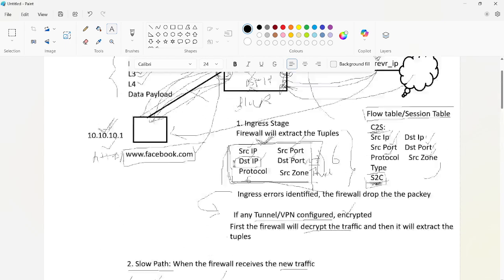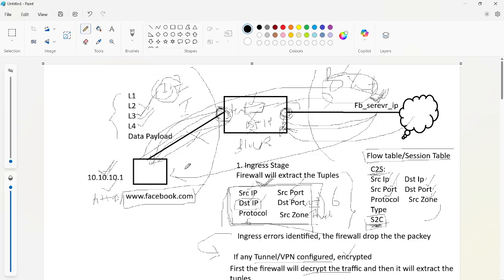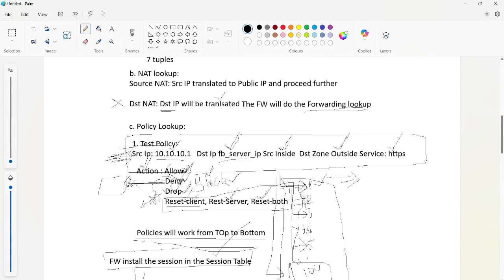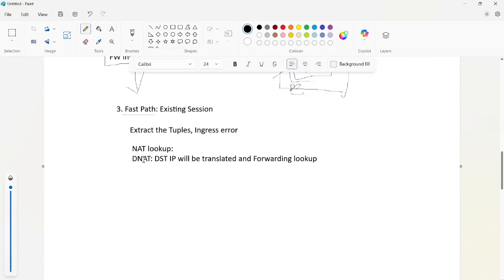Okay, so after the NAT lookup, in the fast path it is going to identify the application. Most probably this is HTTPS traffic, right? HTTPS traffic means it has to decrypt the traffic. Whatever traffic it receives is in the form of HTTPS.